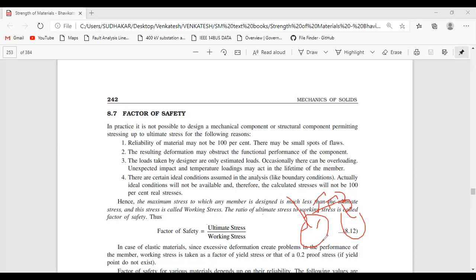So while designing equipment, we consider this factor of safety parameter. What is the ultimate stress? Say the bicycle is capable of only 2%, and the actual working load is 3%. So it may lead to failure. We need to consider the factor of safety, which is nothing but the ultimate stress divided by the working stress.